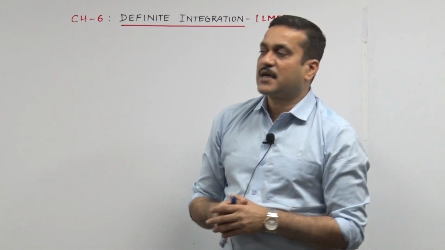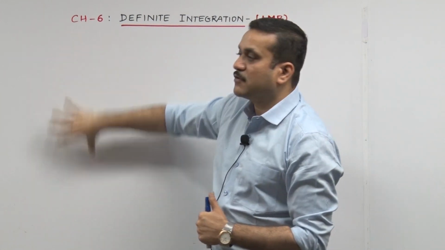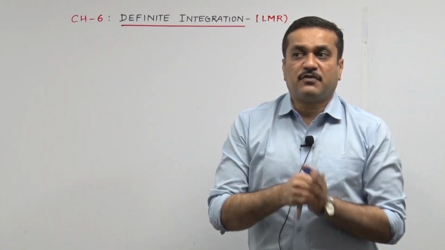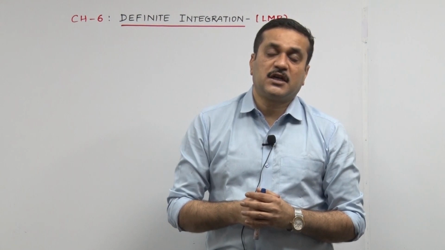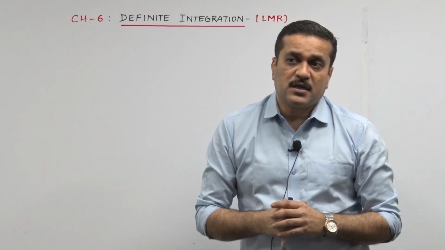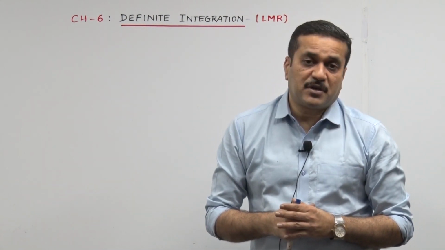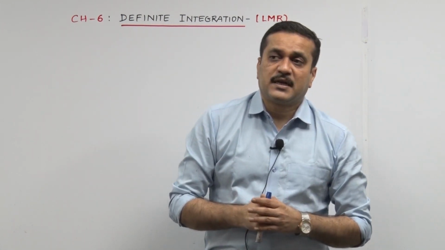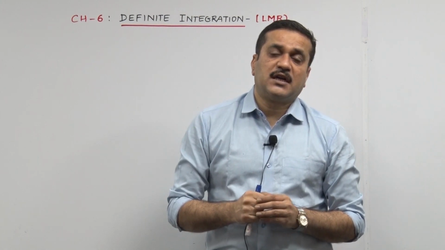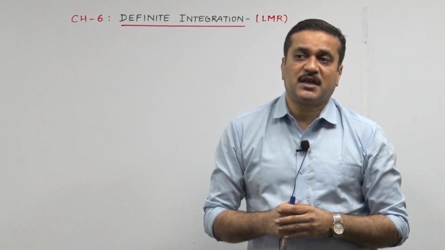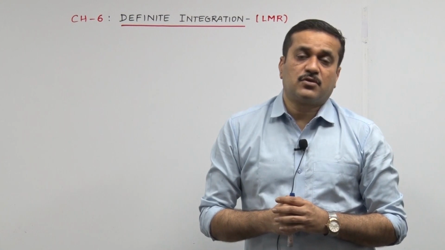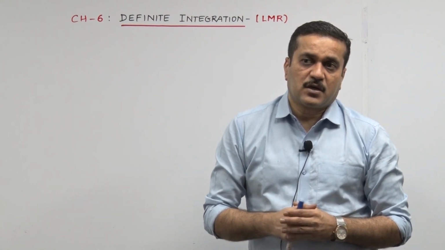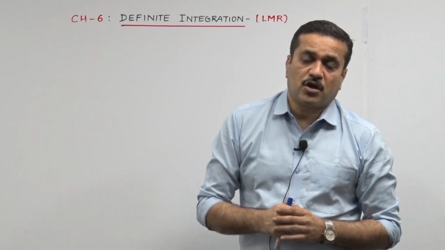We are today into the LMR session of chapter 6, definite integration. Broadly you may be thinking, sir, you have not written the list here. There is no list, there are only two segments in this. The first segment is where you need to know thoroughly the chapter 5 integration sums, where you need to solve the sum and then go for the limits between which they have asked us to integrate the given function. So you need to have a very good knowledge of all the sums of your exercise 5, or at least a very good touch of your integration.